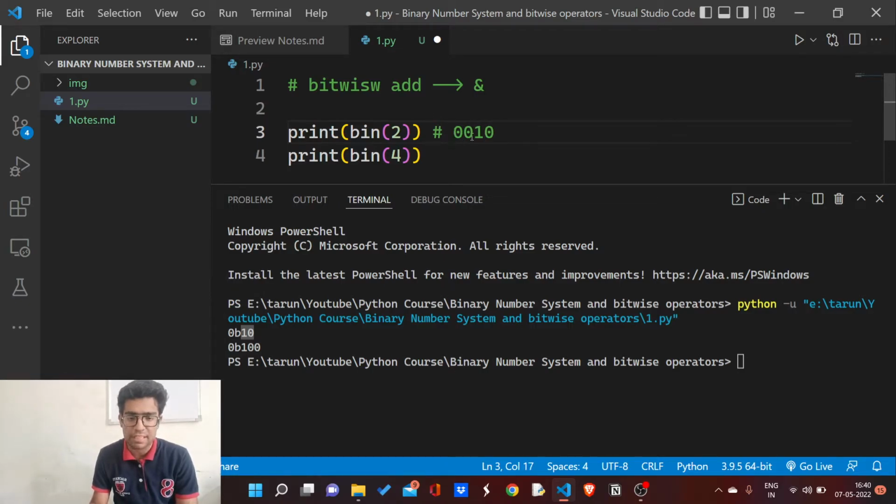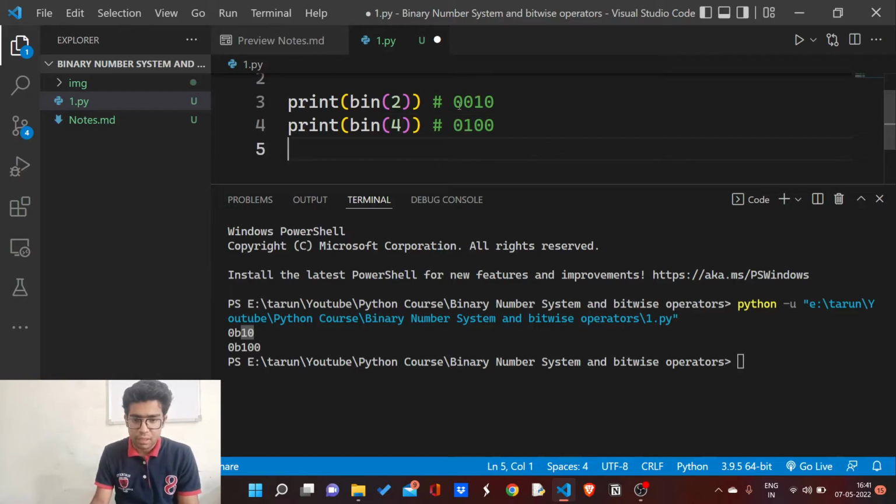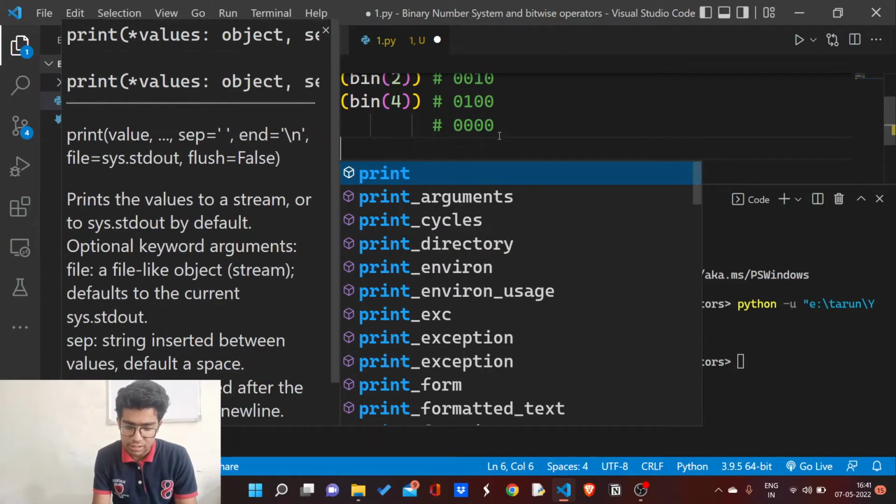The void places can be filled with 0, as 4 has this binary representation, 0 1 0 0, and I can fill this void place with 0. Now as you can see, here 0 and 0 will result in 0, 0 and 1 will also result in 0, 1 and 0 will also result in 0, and 0 and 0 also result in 0. So the AND operator will return 0 to me.